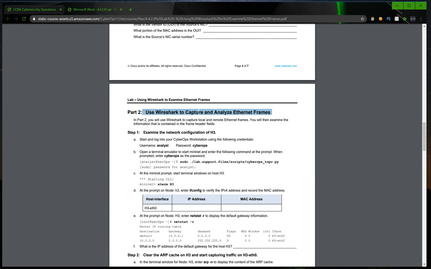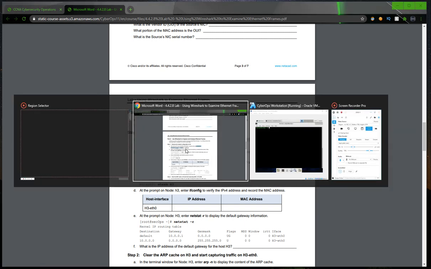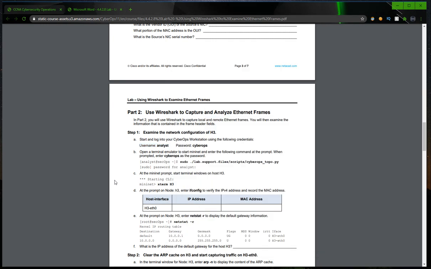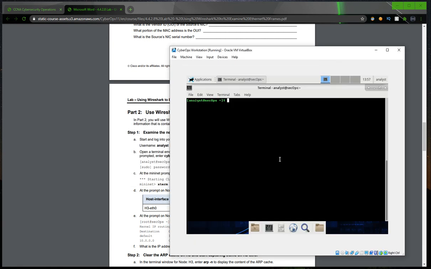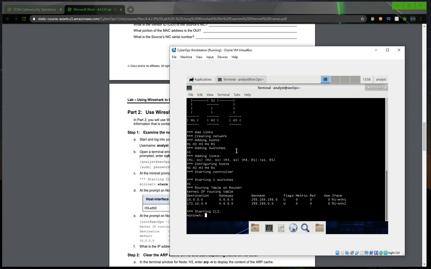For that, first we have to open our CyberOps workstation, which I have already opened. Now the next step is to copy this command and paste it into your terminal. Press enter and type the password as CyberOps, and this will load a script.